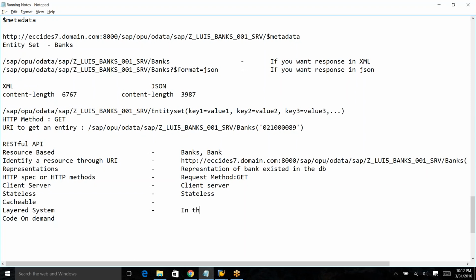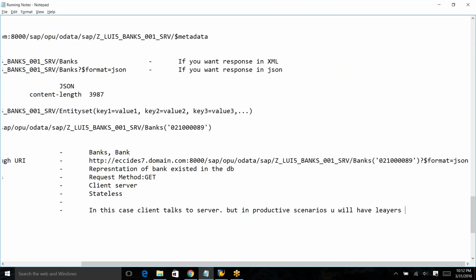So in this case, client talks to server, okay, but in productive scenarios, you will have layers in between,